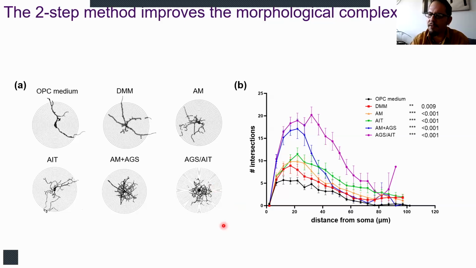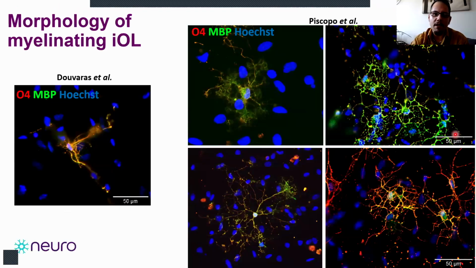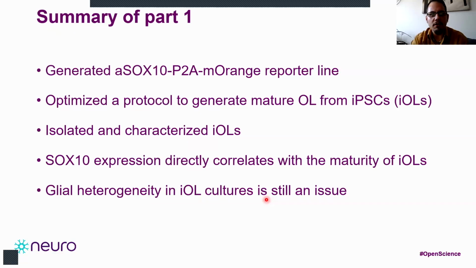Mature oligodendrocytes are usually very ramified, and with the final combination of AGS and then AIT, we have an improvement in morphology. As you can observe in this beautiful image, I show you the high degree of ramification of these cells and even some membranes at the end of the processes of the oligodendrocytes that might be some attempt to form myelin sheaths. So that concludes part one, in which I showed you that we generated this mOrange reporter line, and